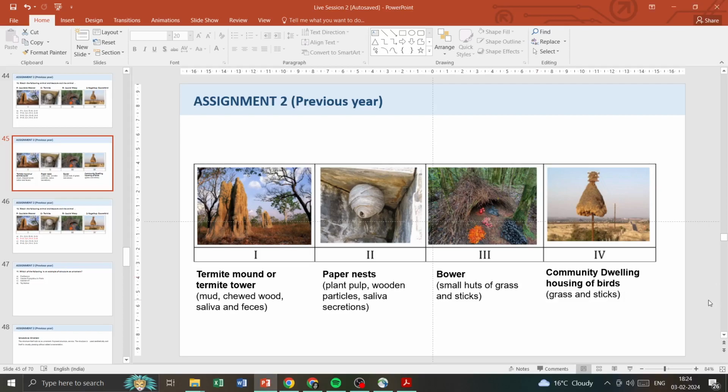A termite mound is made of mud, chewed wood, saliva and feces, and then they keep creating heights of this, and then they live under these mounds. Then,